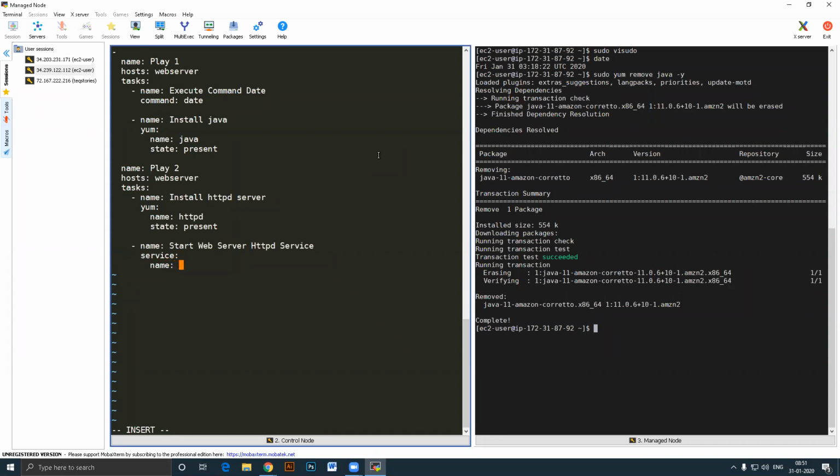Once again, name: service, what: start HTTPD, right? And service HTTPD, what state are we looking for? We're looking for the started state. So here we wanted yum to ensure that HTTP is present, and here we wanted to use service to ensure